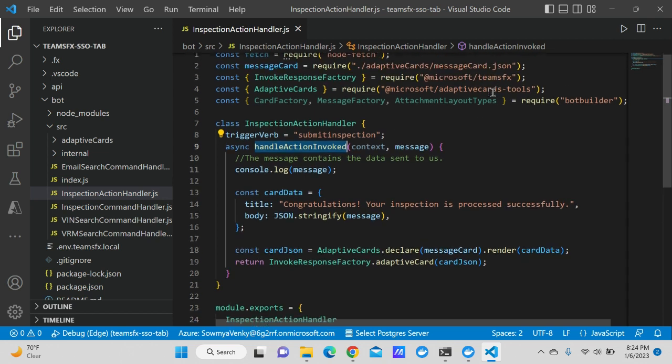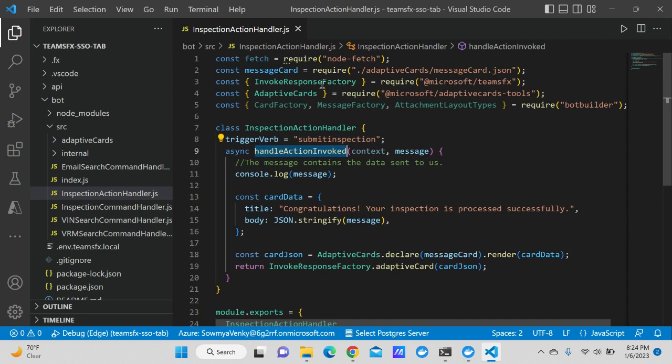Then the second piece here is we need to have this particular class also imported, called the invoke response factory, and that is the one which actually sends back the adaptive card that we want to respond back to the user after the data was processed, right? So if you see here, all I'm doing is, we got the message, which is the one that actually